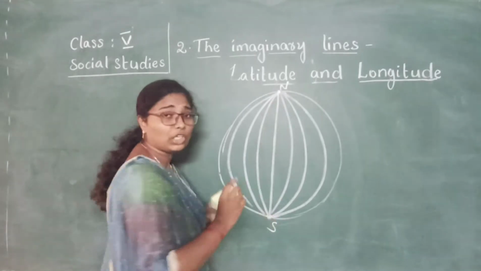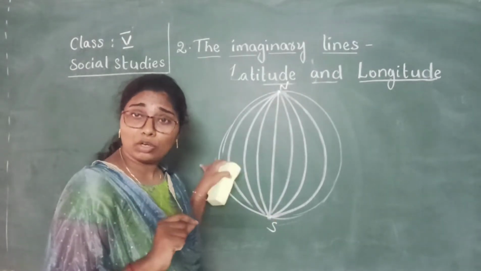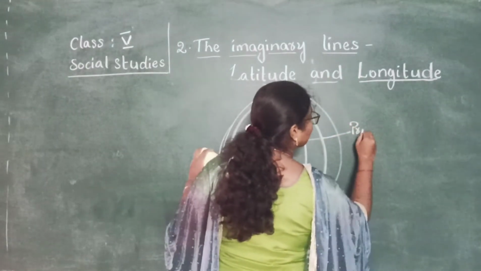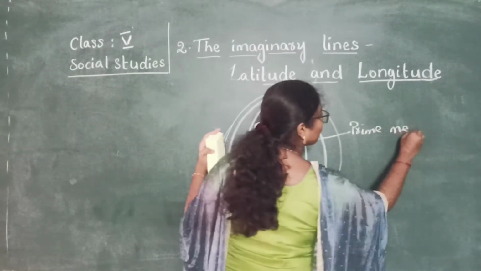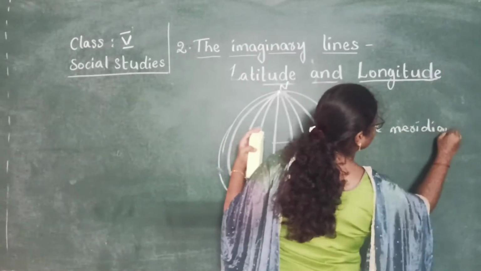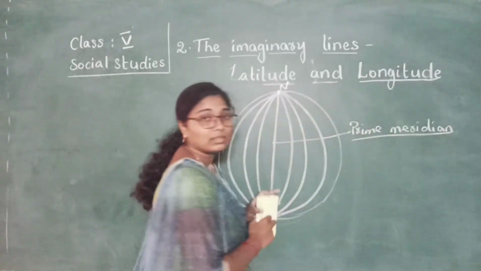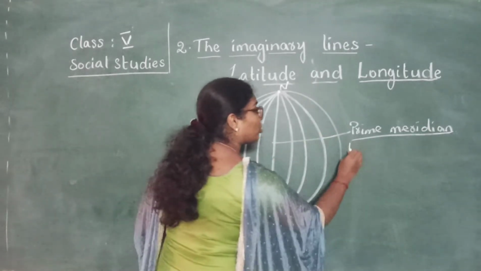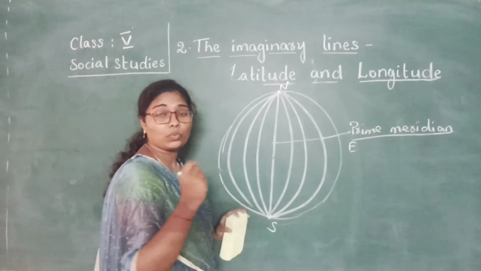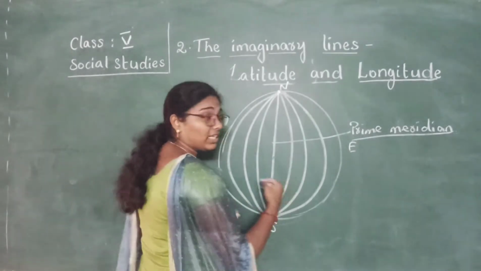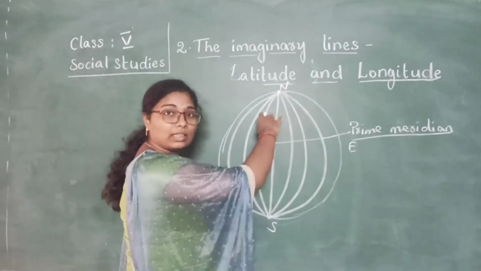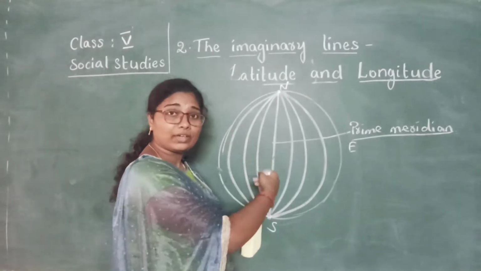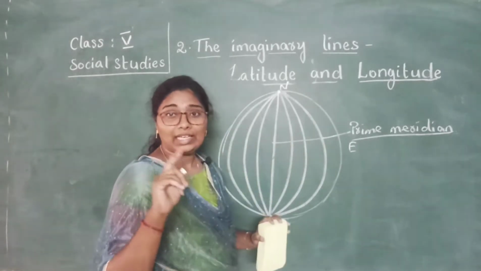As the 0 degree latitude is called equator, we call the 0 degree longitude as prime meridian, right? From this 0 degree meridian, as we move towards east direction, we give each and every longitude the letter E, like 5 degrees east, 10 degrees east, up to a complete semicircle. So till the back side 180 degree longitude, we give these longitudes the letter E.